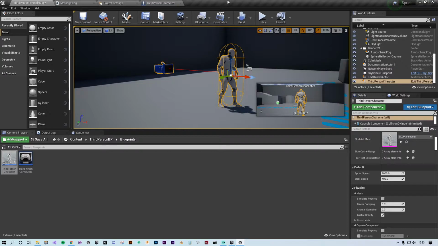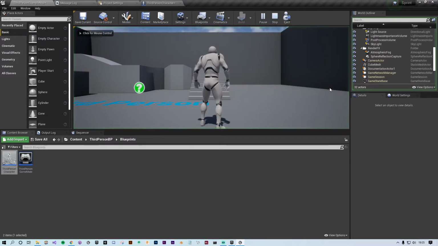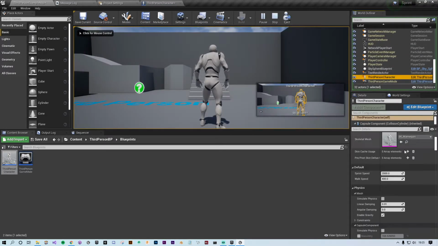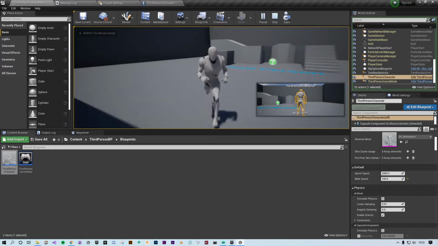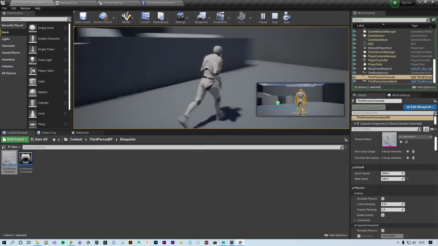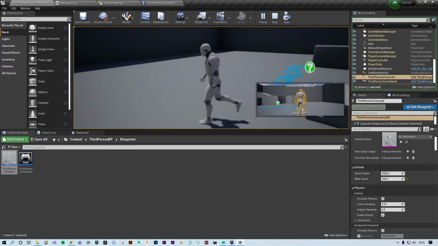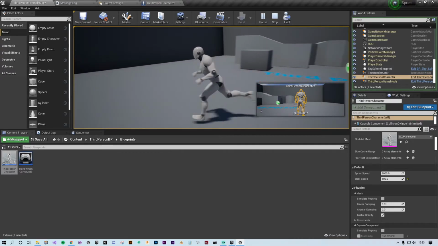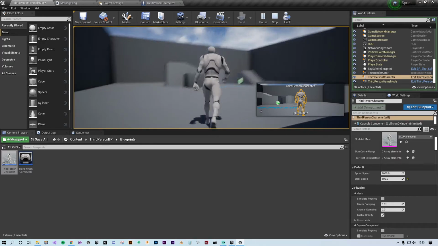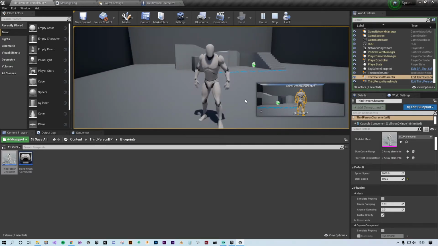Not in that window. In this window, if I press player, I can select my guy, and I can change it here. If I set it to 100, and then if I sprint, so that's a walk, a sprint, a walk, a sprint. So the animations on this character are actually pretty good, but